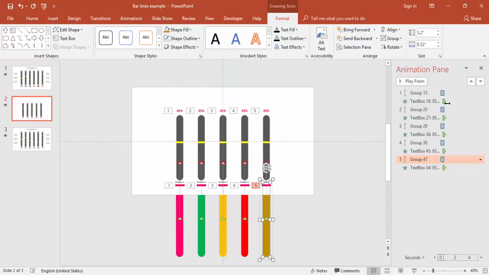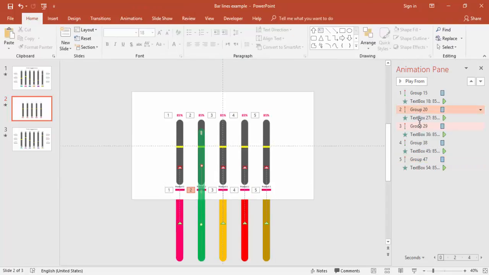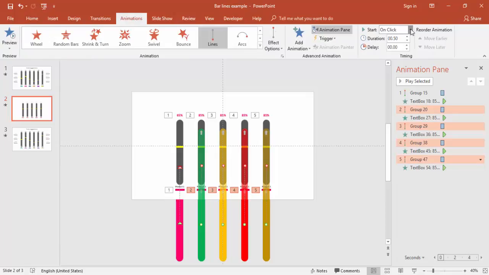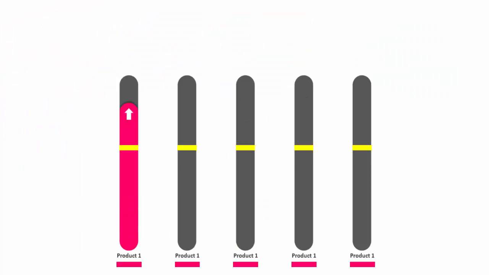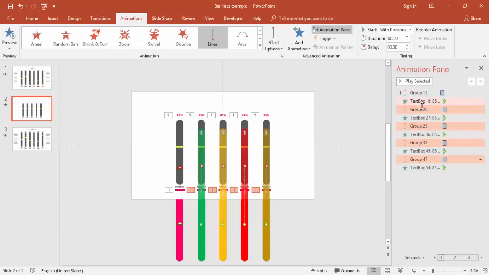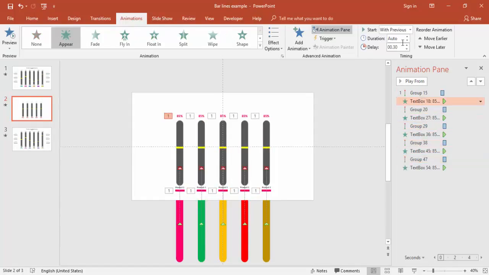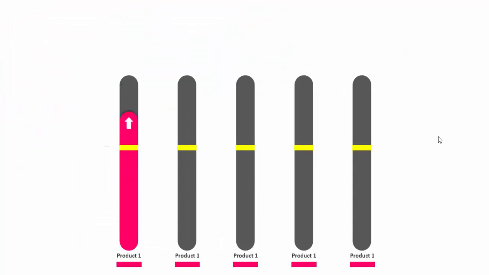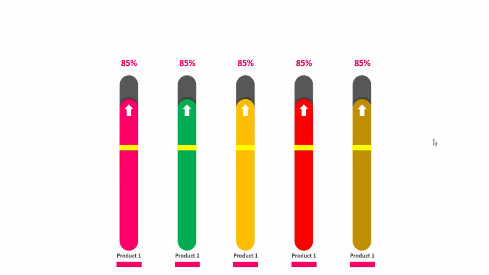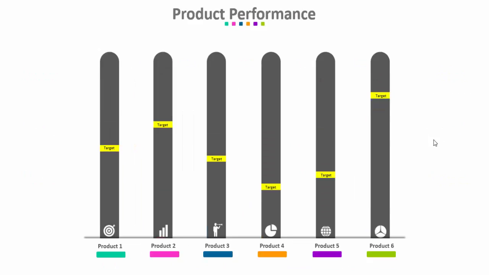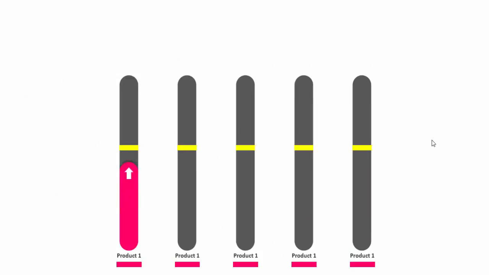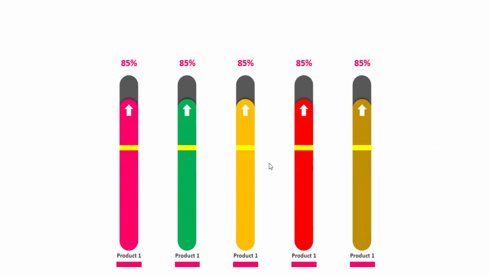maybe a brown. And all of this should happen with previous. I'm selecting all of this, go to animation, make it with previous. Okay, so because there is a delay of 0.3 seconds, it's taking some time there. All right, now if you want, you can just adjust